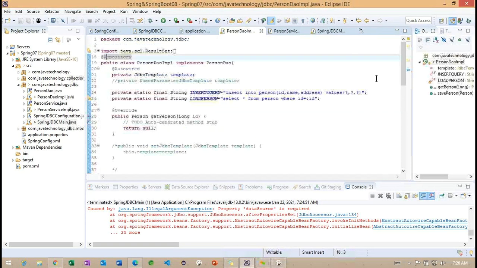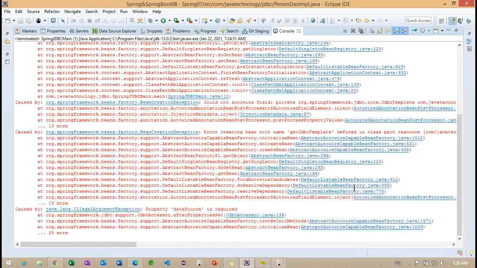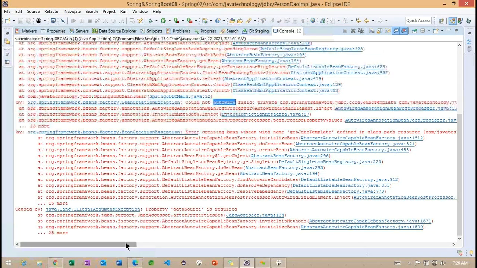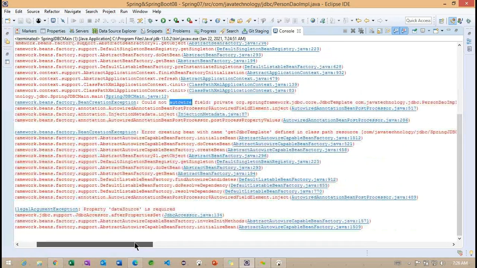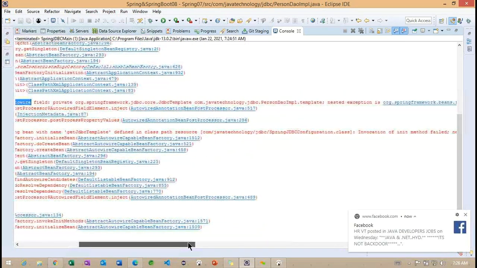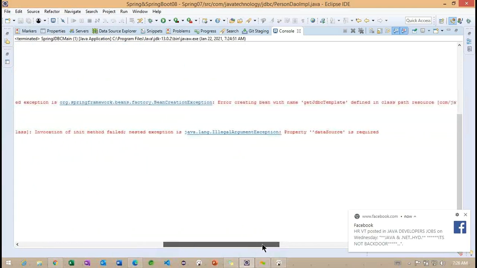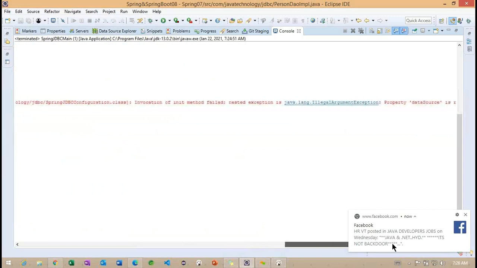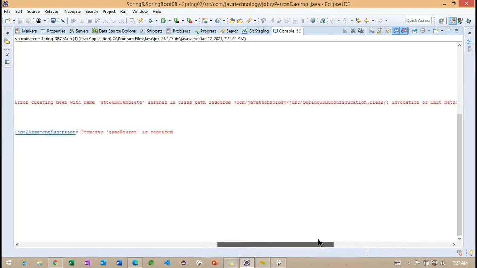Back here, somewhere we missed something. Could not autowire JdbcTemplate. Get JdbcTemplate defined in the class path. Invocation of init method exception. Property of dataSource is required. Can you read this message? We are missing some configuration here.